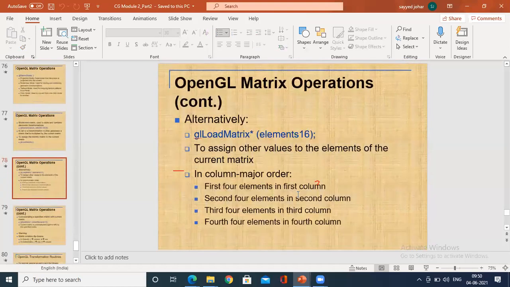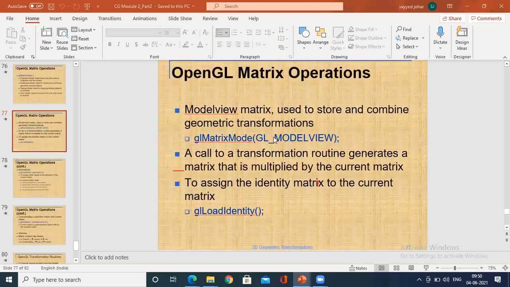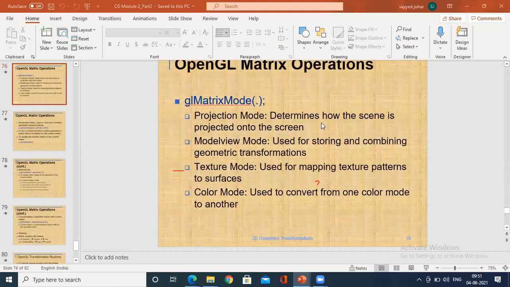So this is the basic fundamentals of today's class. Pivot point rotation we have done, and ultimately why all these transformations are needed, why you are going to study composite transformations and homogeneous transformations in two dimensions in your OpenGL programming. Any transformation that you do happens only with respect to the matrix mode, by loading the identity matrix, that is the GL matrix mode.